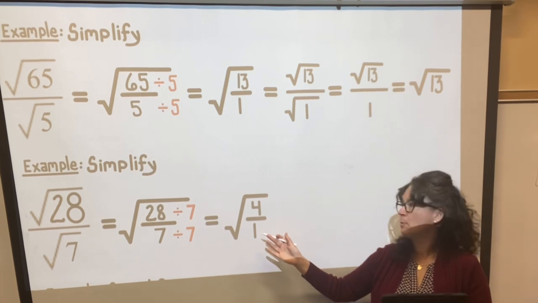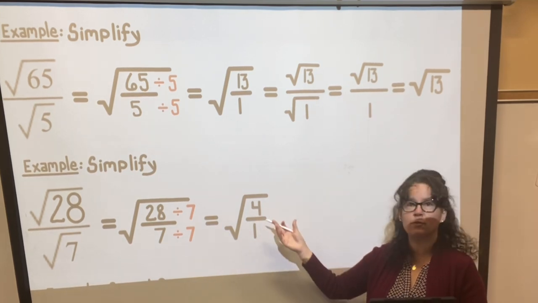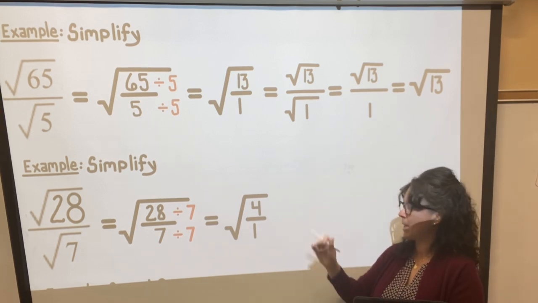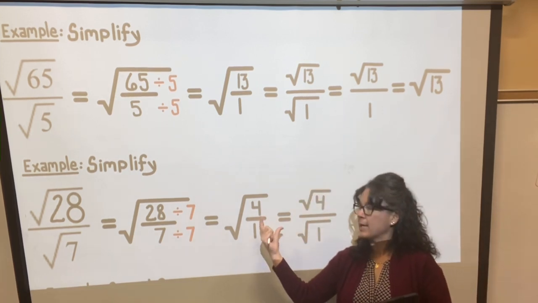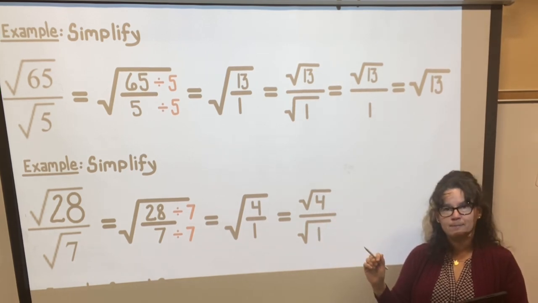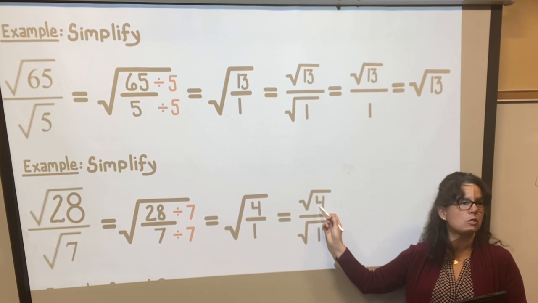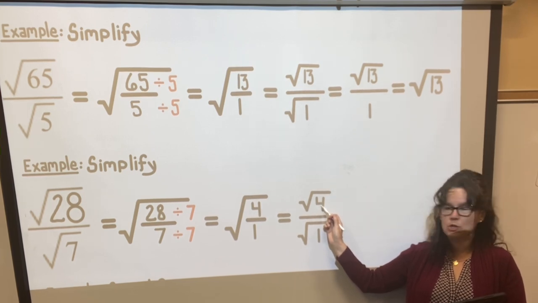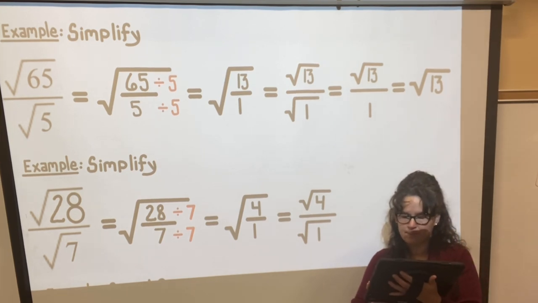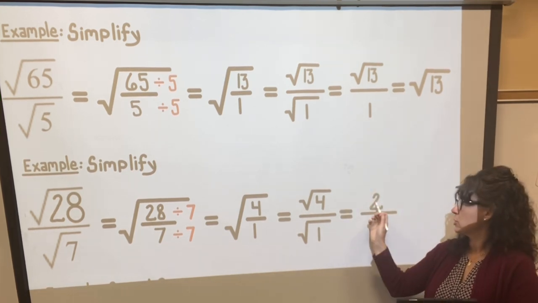Some of you at this moment might just say 4 divided by 1 is 4 and have the square root of 4 right now, but I'm going to just stay with the same pattern here. I'm going to break it back apart, so I have the square root of 4 over the square root of 1, and 2 times 2 is 4, so the square root of 4 is 2. 1 times 1 is 1, so the square root of 1 is 1. And 2 divided by 1